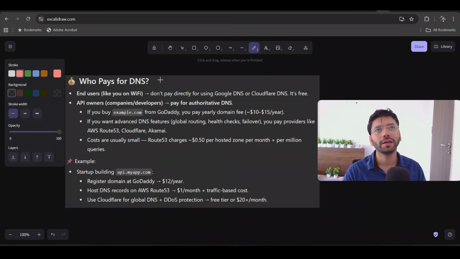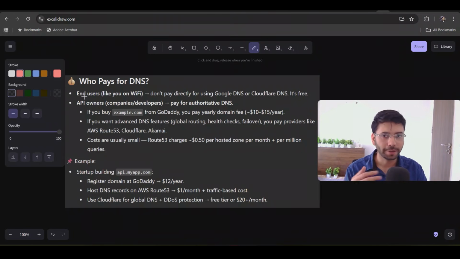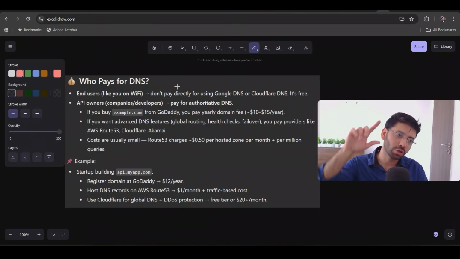It can't be something like it's just happening by its own, because it's providing you the mapping. So who is doing all that stuff? Like for example, who is paying for that? So let's understand that. So as an end user, as I told you earlier, you would be using the global